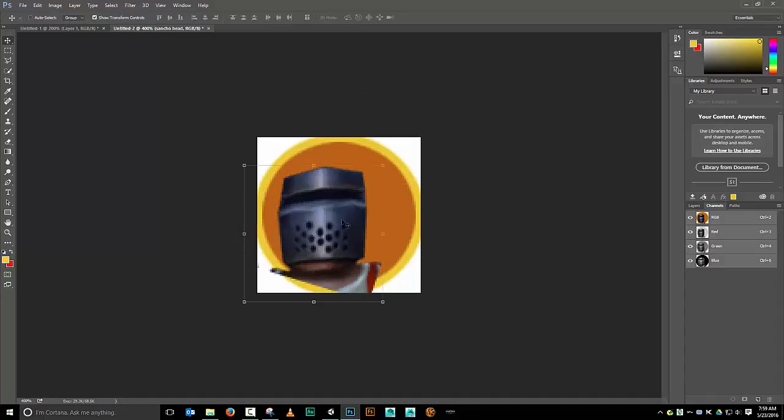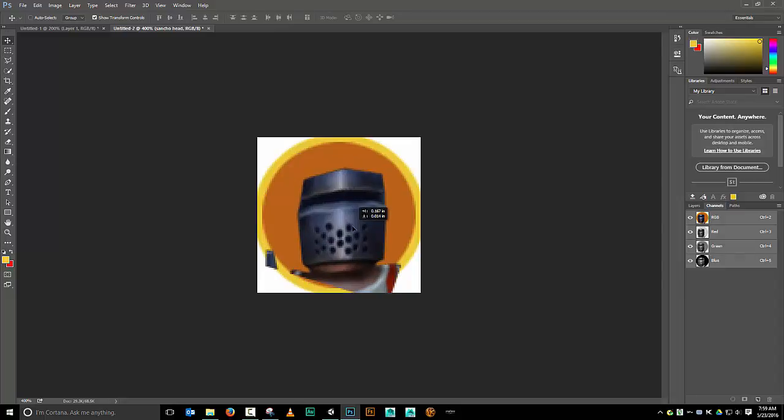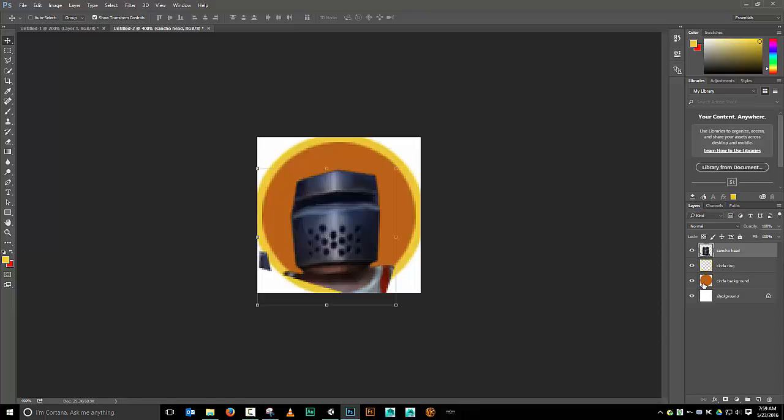Okay. And then let's move you over to, okay, right about there. Alright, that looks pretty good. Now what I'm going to do is go to my layers. I'm going to hold down Control, and let's go to our circle layer. Hold down Control and click that thumbnail, which just selected everything that's in there, and go back to